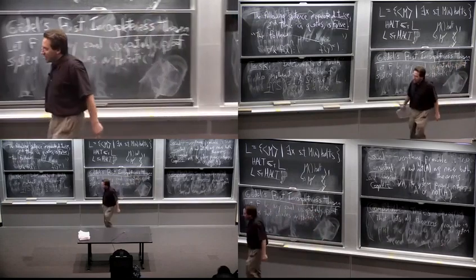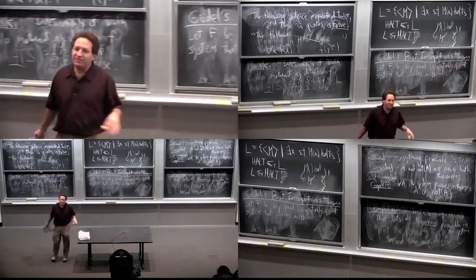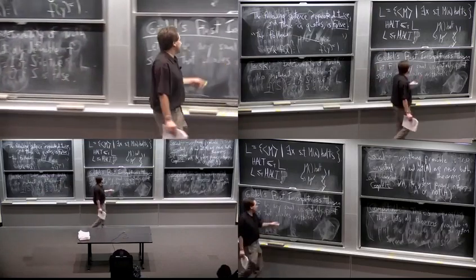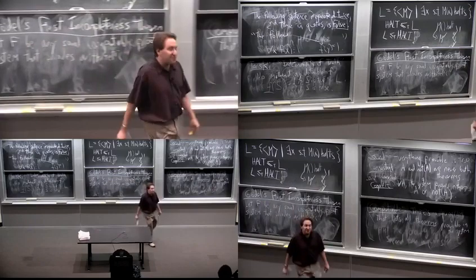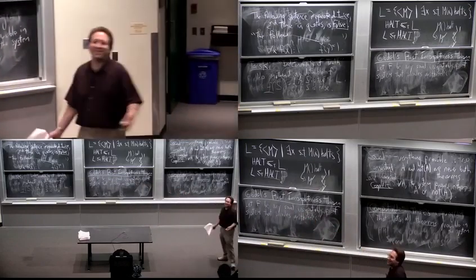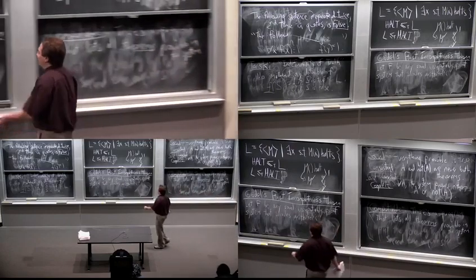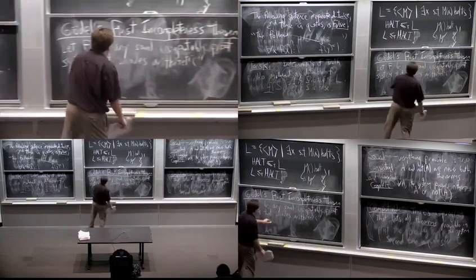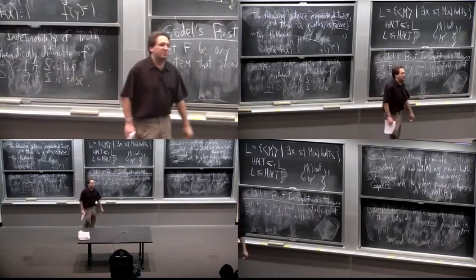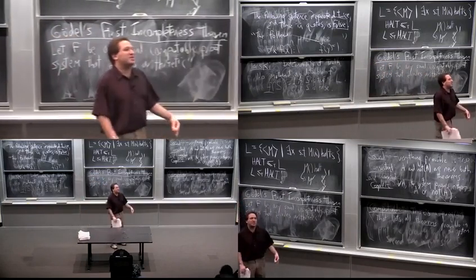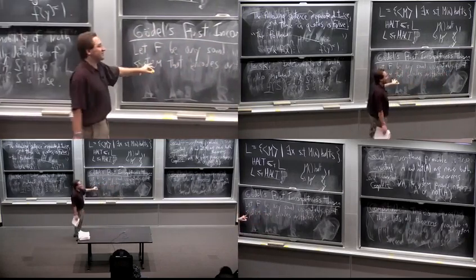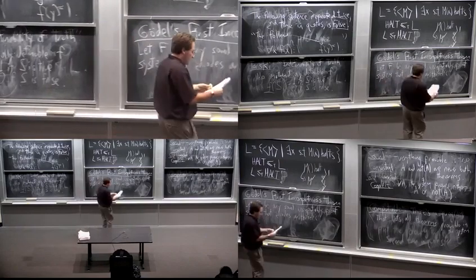Okay, so it says, let F be any proof system. In this version I'm going to say, let F be any sound and computable proof system which is powerful enough to express statements about arithmetic. Okay, like sentences about integers. I'm being a little bit vague about this, but most natural proof systems like Peano arithmetic or Zermelo-Fraenkel set theory will all satisfy this. They'll all fall under this. Okay, then